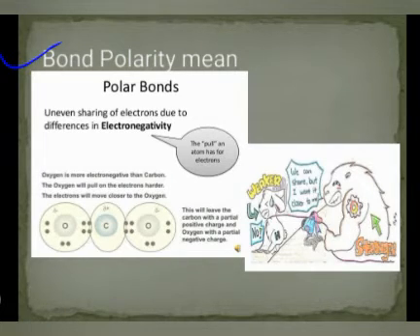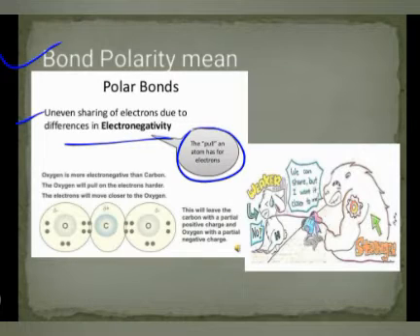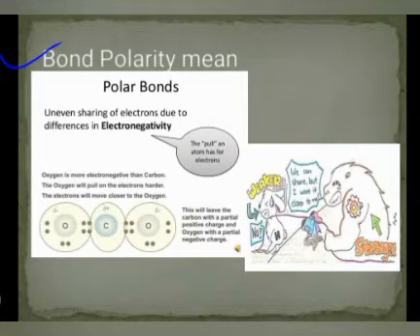So let's understand bond polarity with different types of slides. So what is bond polarity? It is a polar bond, an uneven sharing of electrons due to a difference in electronegativity, as we already studied. That is called the pull, the pull an atom has for electrons. It means if one atom is pulling the other atom's electron due to higher electronegativity than the other, then